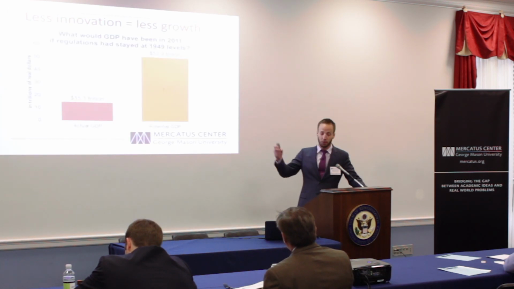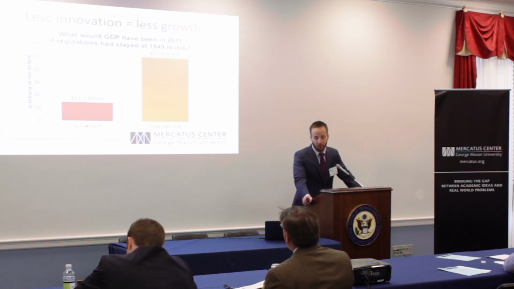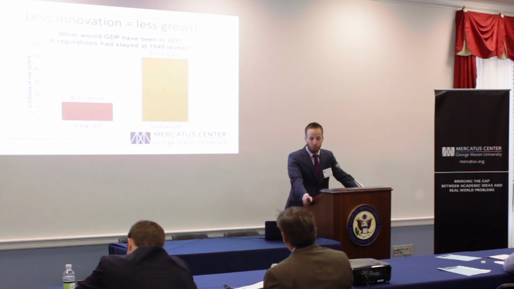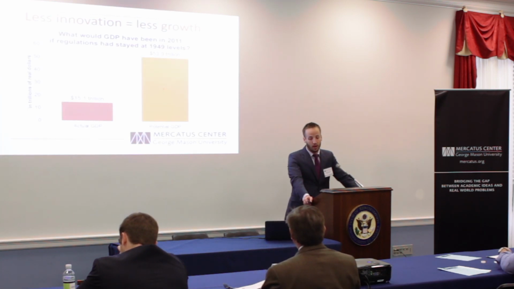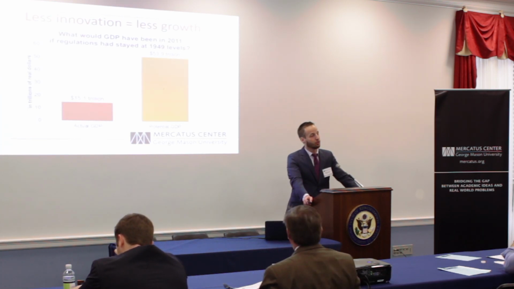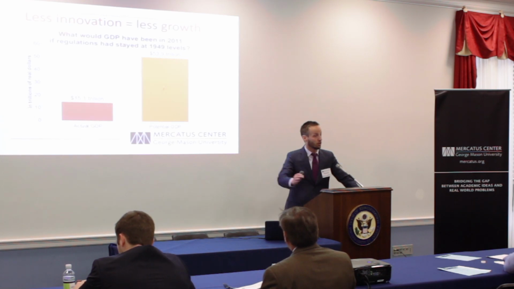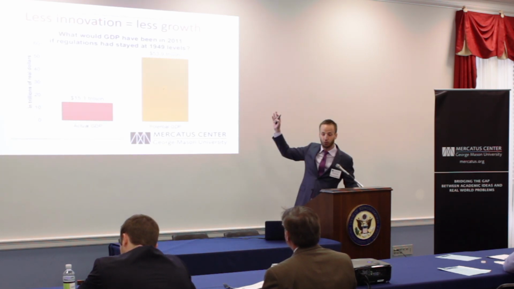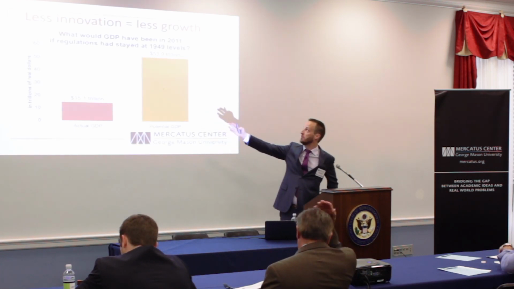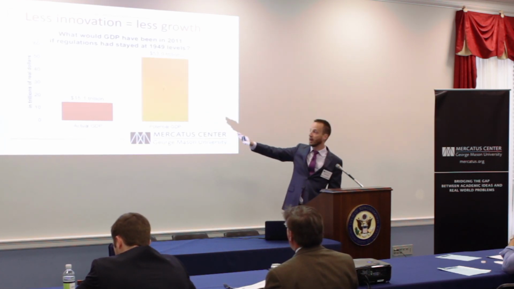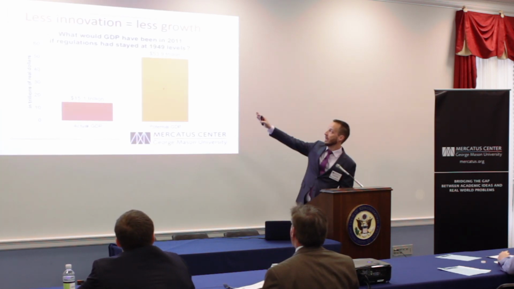And we've seen this. There was a paper that was published by economists John Dawson and John Seater, professors. This was published in the Journal of Economic Growth, that looked at what GDP would have been if regulations had stayed at the levels that they were in 1949 instead of accumulating from 1949 to the levels they were in the year 2011. So on the left-hand side is the actual GDP back in 2011 when they were doing their calculations, 15.1 trillion, and on the right,